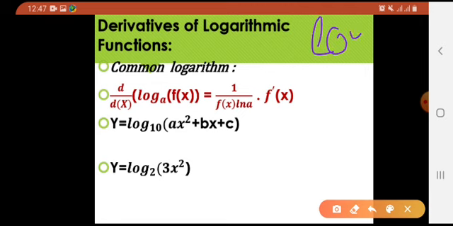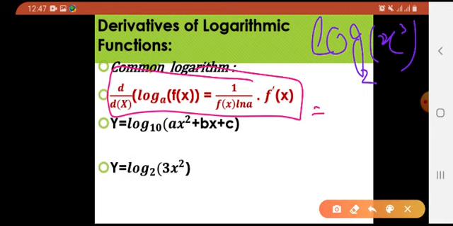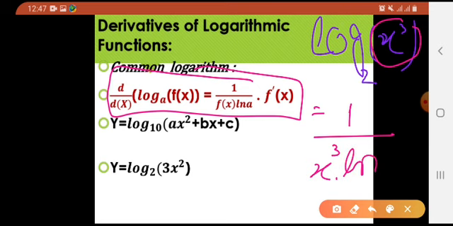For example, if I have log of यहाँ पे है 2 and here I got, let us say, x cube. Okay, now how am I gonna apply this derivative over here? ये कैसे apply करूँगी? Look at this. 1 divided by this function, which is x cube, into natural log of this base, what is it? 2, into further derivative जो कि न्यूमरेटर में आएगा of this function, which is x cube का derivative. What is derivative of x cube? We all know by, yes, power rule, it is 3x square.